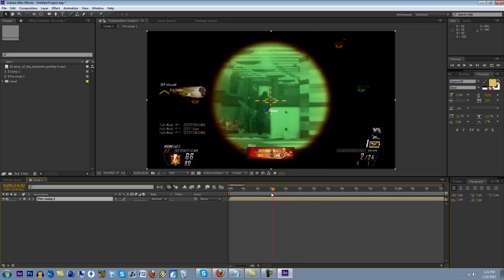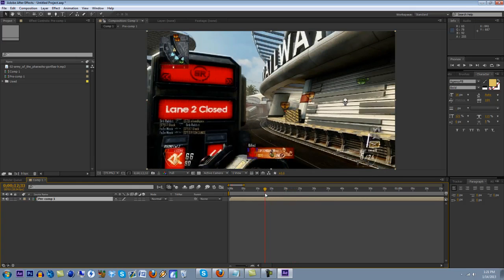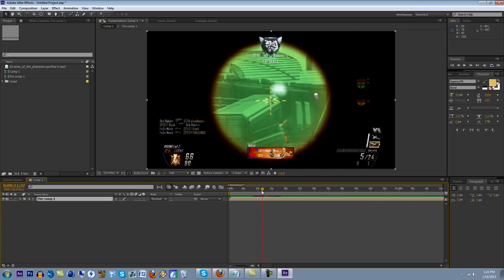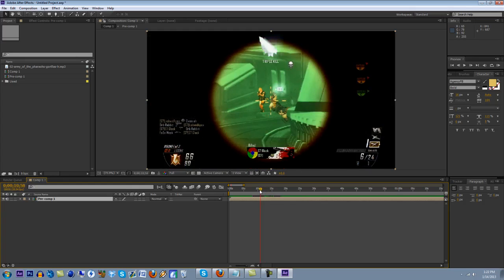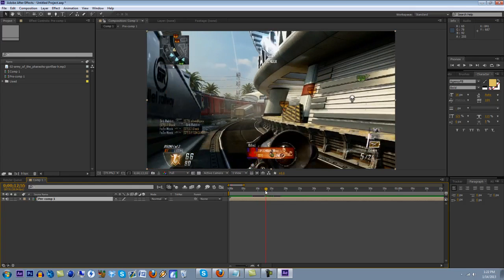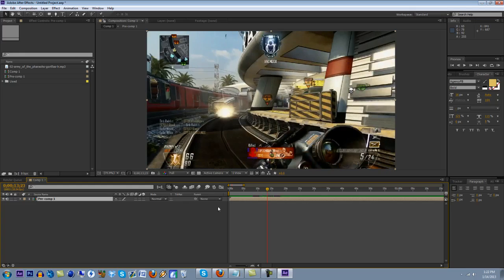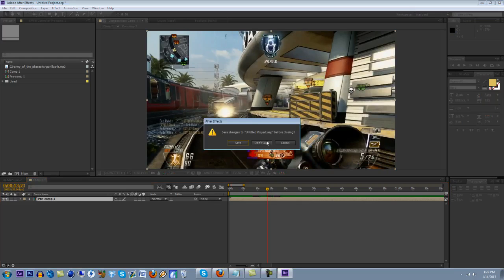And then I just add my CC on the adjustment layers and call it good. Usually I just use one CC the whole way through just because I like my stuff to match. If it's a really bright map or a really dark map and the CC doesn't look good, I'll adjust it specifically for those maps. But if it looks good on every map, I'll just use one CC on the entire thing. Yeah, and then I render,